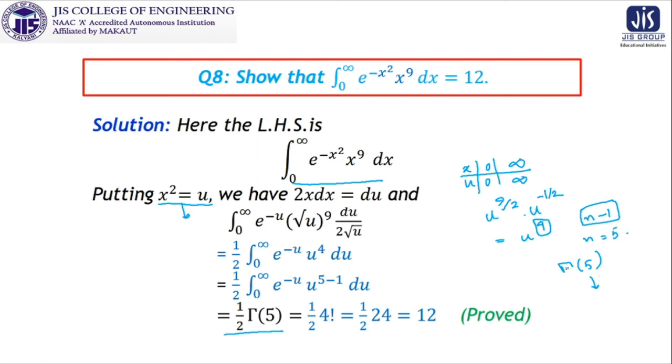So we know according to the formula that gamma n plus 1 is n factorial if n is a positive integer. So this 5 can be written as 4 plus 1. So half 4 factorial, that means half is coming from here, and gamma 4 plus 1 is 4 factorial. 4 factorial is 24. 24 by 2, 12. So again we are able to reach the desired structure of the particular given problem. Okay.